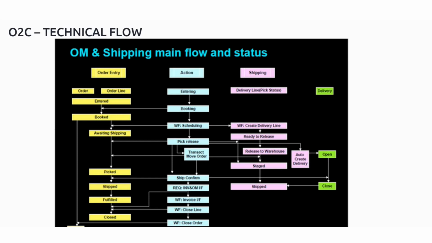Okay. And this is another workflow flow, where you can see what exactly is happening here. Also, from here you can find out how the order flows through order management and then into the close status. Like when you book it, workflow scheduling will happen, it will create the delivery line, it will be ready to release, pick release will happen, so awaiting shipping will be there, transact move order. So all these sub steps are mentioned in this case. So this will be beneficial if you want the generic O2C flow,